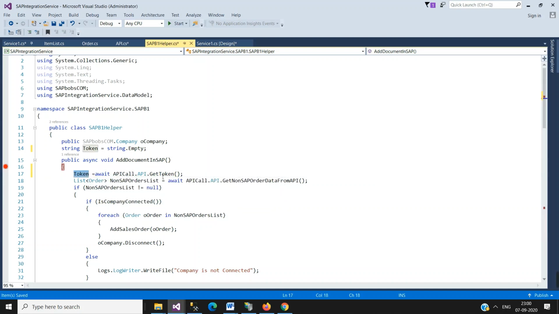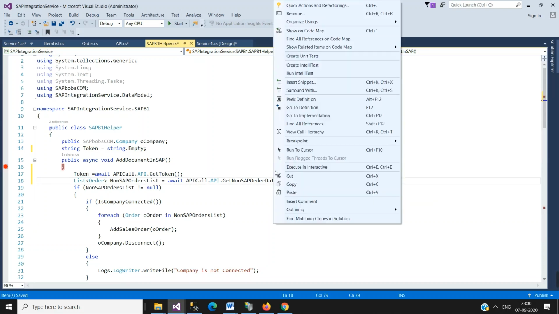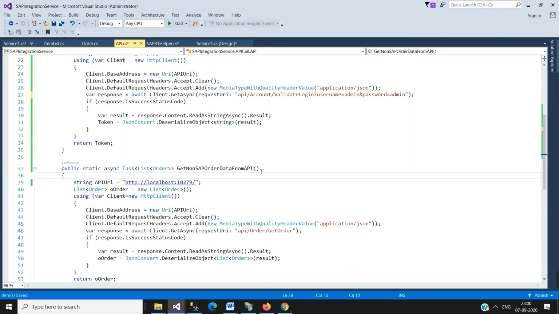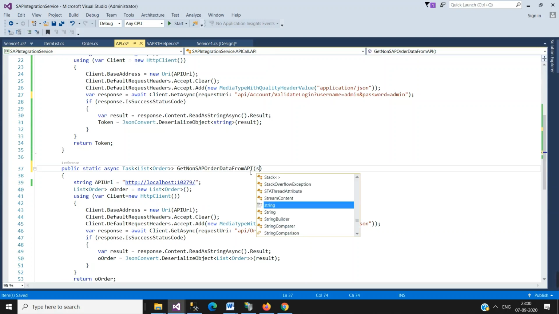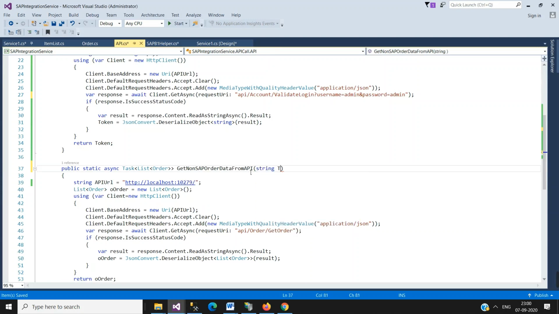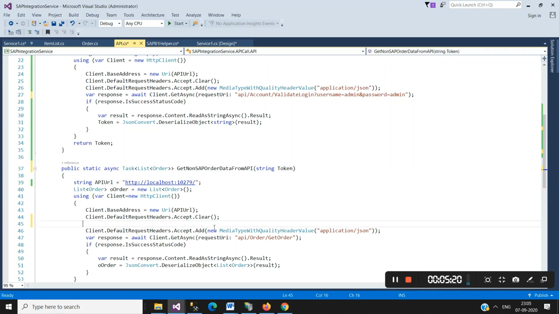This will return a token. This API will be called and will return a token. We will pass this token to the second API. Now let me add one line of code to pass the token to the header.